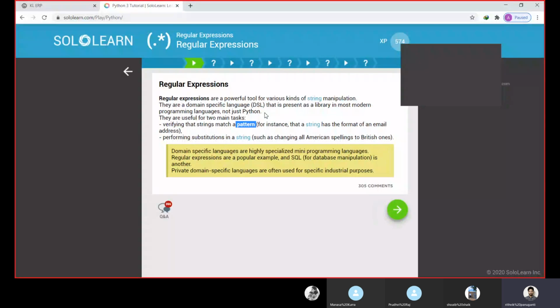So we are given a string, abc.abc abc, and we need to check the pattern abc. How many times is it repeated? Is the pattern abc present in our string or not? We can do all these tasks, and we can also perform substitutions in the string. So we have a string of abc repeated 3 times, and we need to replace that abc with xyz. Those substitutions can be done using regular expressions.